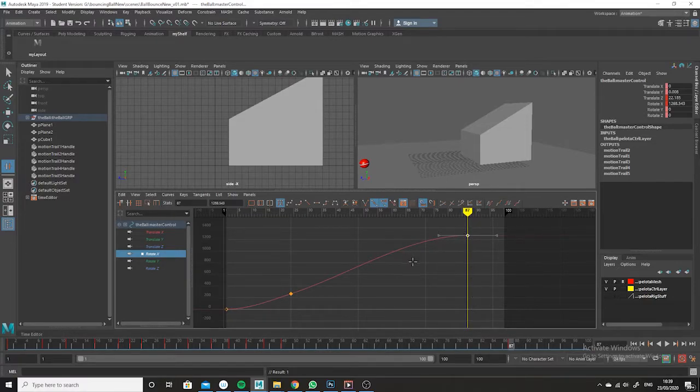Now if you want to move keys in one axis or the other, all you have to do is click on the key. By that I mean left mouse, shift, left mouse click, and then you press on the shift and you middle mouse. Make sure I've got the move manipulator selected. So shift, middle mouse, I'm just going to drag it down slightly, because I want to make this curve more shallow, shallower, sorry, bad English,